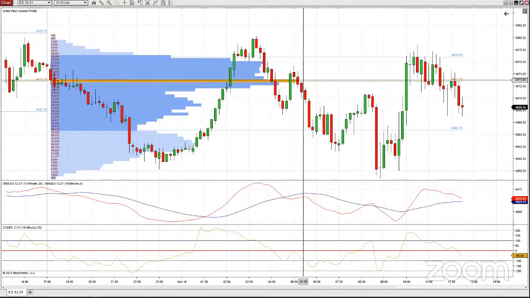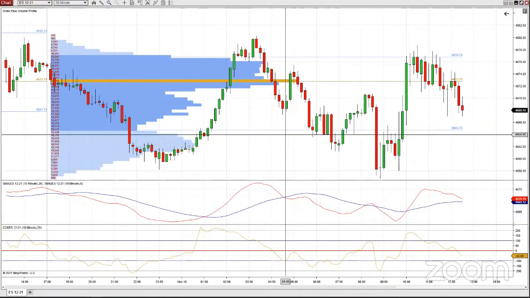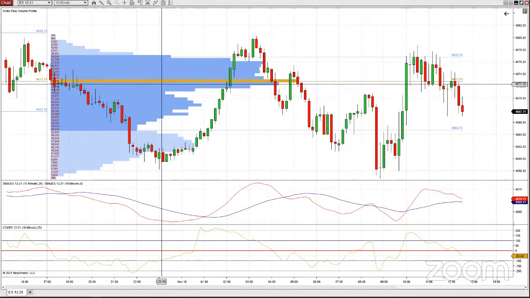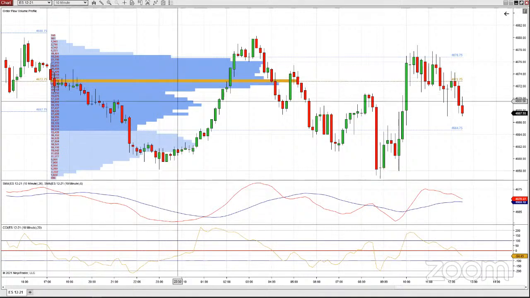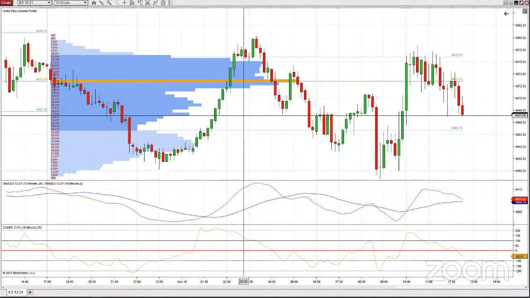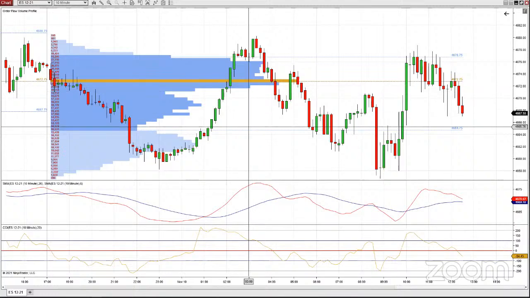This golden line here, that's the point of control. And there's nothing magical about the point of control other than the fact that it is the longest histogram bar, right? It's where volume traded the most during that day. And this is a pretty nice view of this bar. It is dynamic. Other times, other prices trade more later on in the day, and the gold line could shift to a different area. The value area could shift to a different area also. So keep that in mind too. It's very dynamic and it's just tracking volume. There's no magical equation. I don't have a PowerPoint slide on the equation.